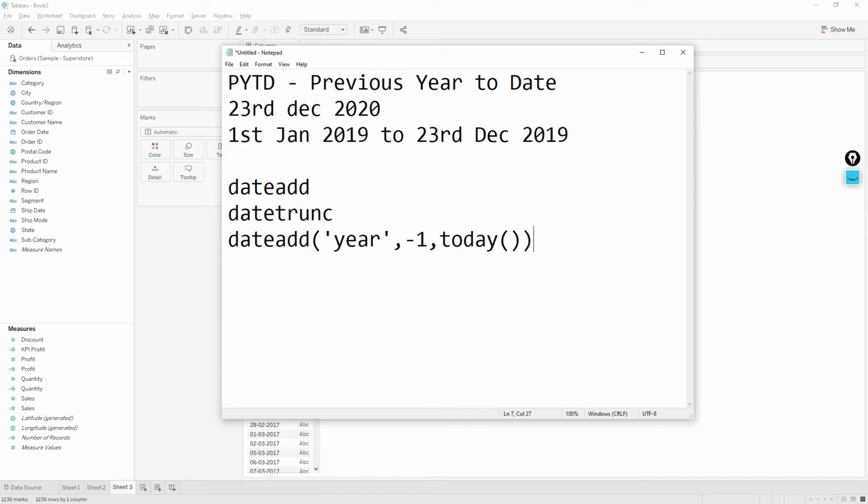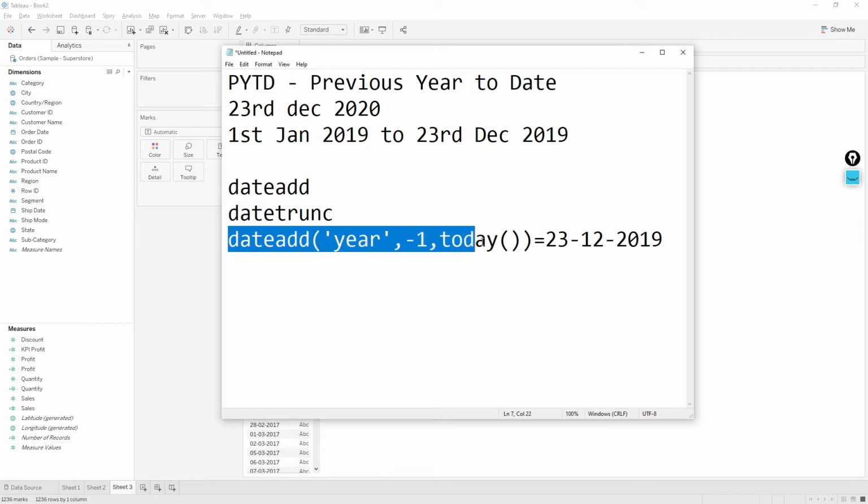The Today function will return the current date. Since we are giving year as the date part and -1, we will get the output as 23/12/2019.